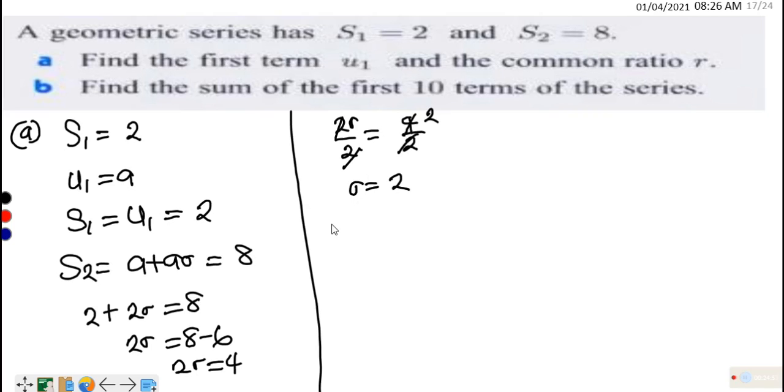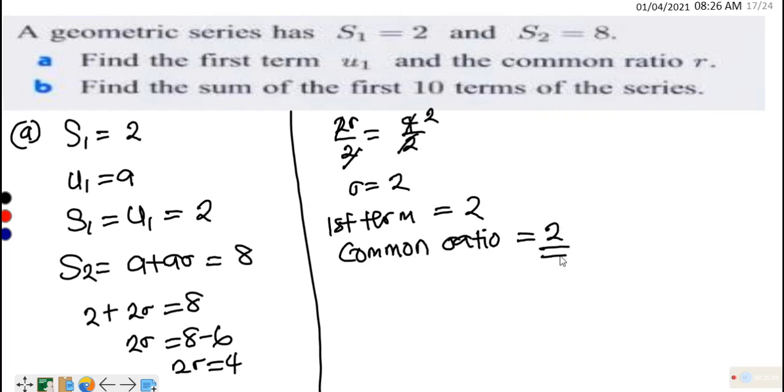So therefore the first term equals 2 and the common ratio equals 2 as well. Now B,